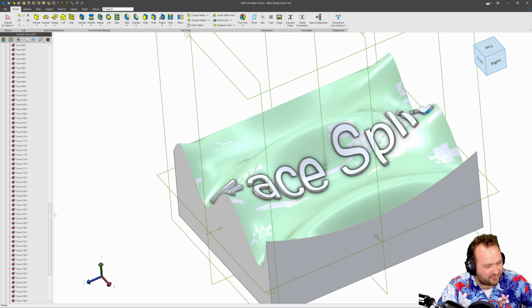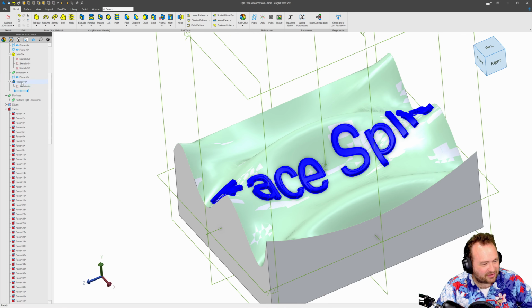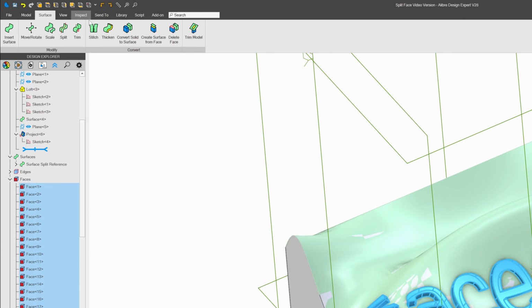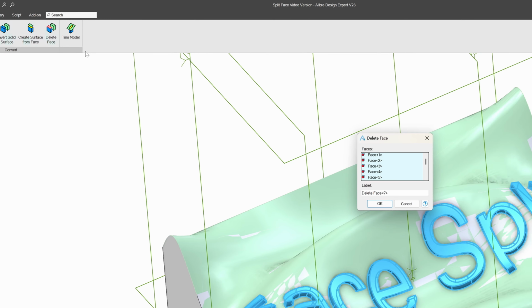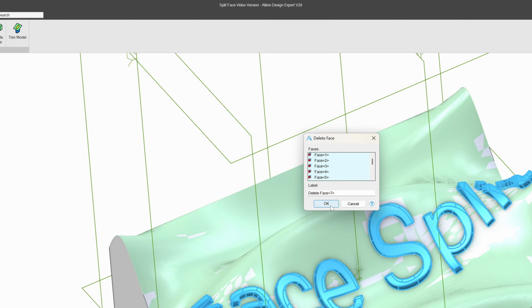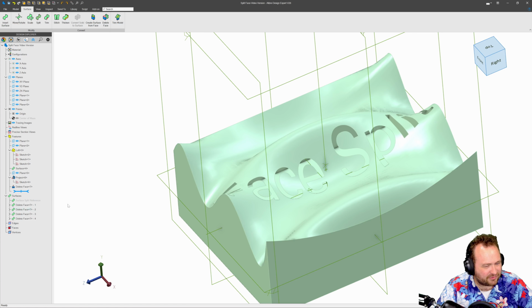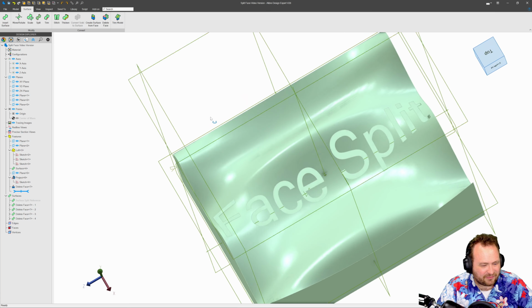And so all these other faces are new from the project. I can hold Shift and click, and I've selected all of those faces that are involved with my project operation. So we'll go to Surface with all these faces selected, and we'll choose Delete Face. Now from here, we'll say OK, and I can hide my surface split reference,